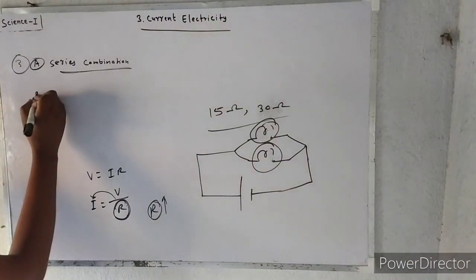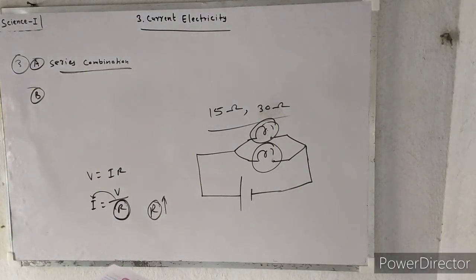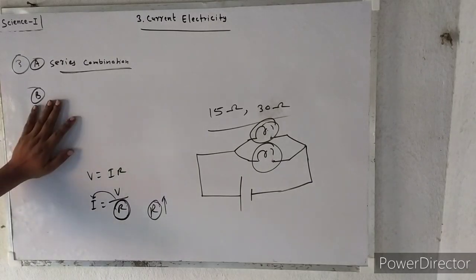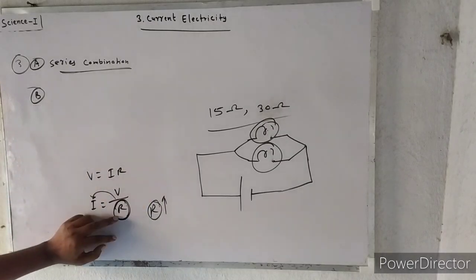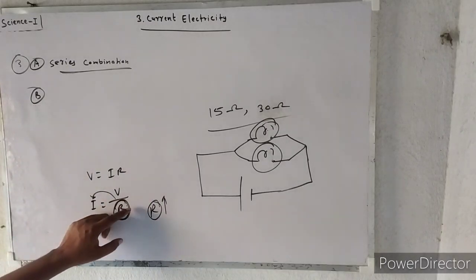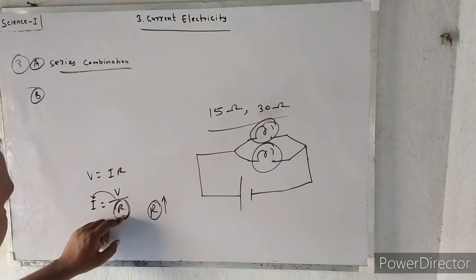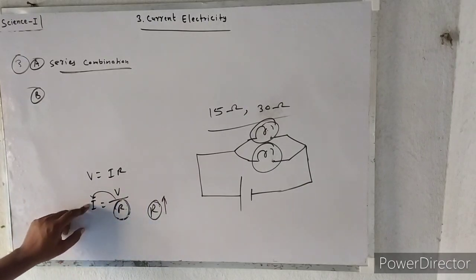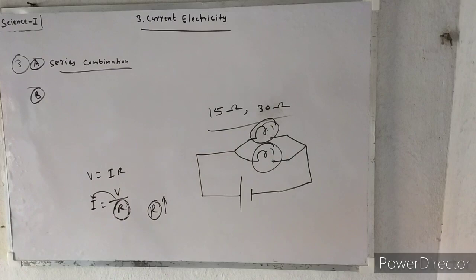Second one, B is, what are the characteristics of this way of connecting the bulbs, depending on the answer of A above. Bulbs are connected in series, overall resistance will increase and current will decrease. Of course, if you connect in series, the overall resistance will increase, and if overall resistance increases, the value of the current will decrease, hence the bulb will not fuse. Okay.